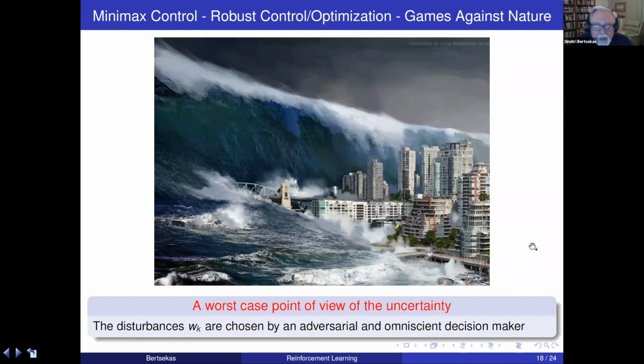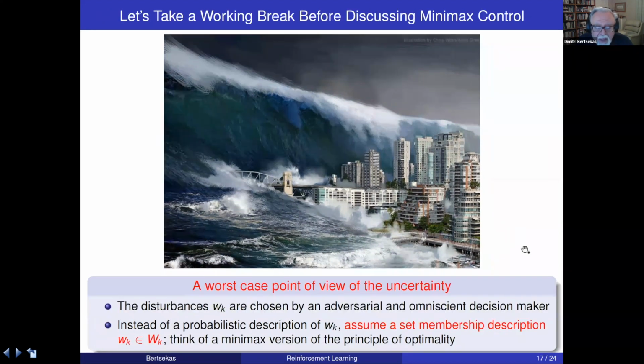Okay, let me just say that the change from a probabilistic description to a set membership description is going to manifest itself in, instead of minimizing an expectation of the present plus the future, we minimize the maximum, the worst that can happen for the combination of present and future, assuming that we act optimally in the future. And the reason a principle of optimality holds, sort of, you can view it as a principle of optimality,